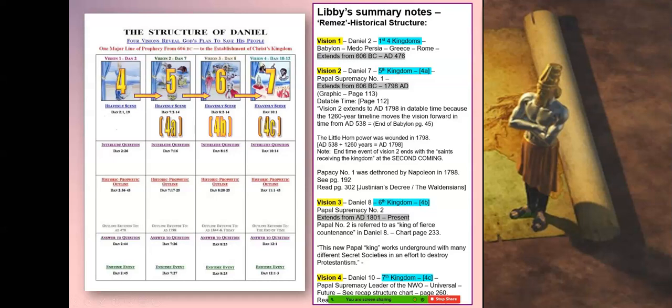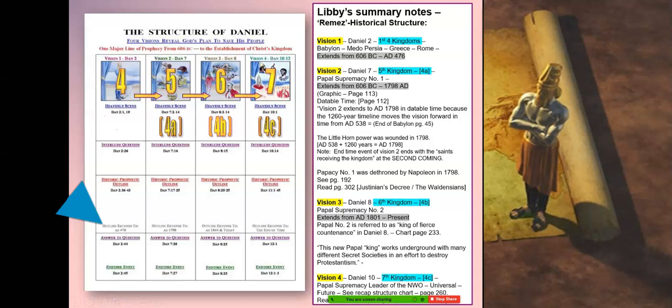It's on page 113 if y'all want to look at it later. And then I saw on page 112, the datable time. Vision 2 extends to AD 1798. So you see that in Vision 2, under the historic prophetic outline, the outline extends to AD 1798. Wow, that's a big jump, isn't it? So I wanted to see how we got to 1798. And it says Vision 2 extends to AD 1798 in datable time because the